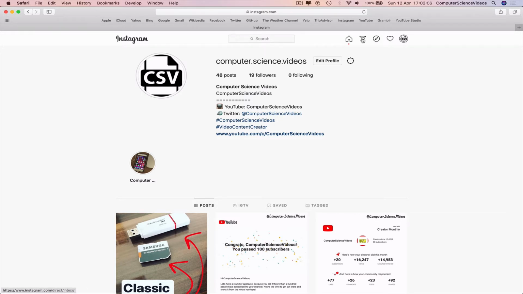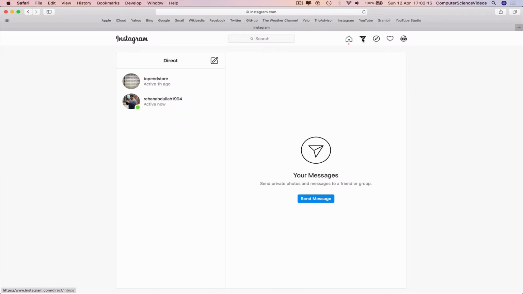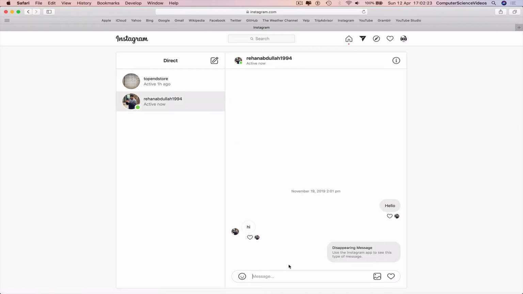Go to direct messages. This is now the new feature Instagram has brought to the users. Click on this and now we can see all the DMs being sent and received. If I send myself, my other account, a message,